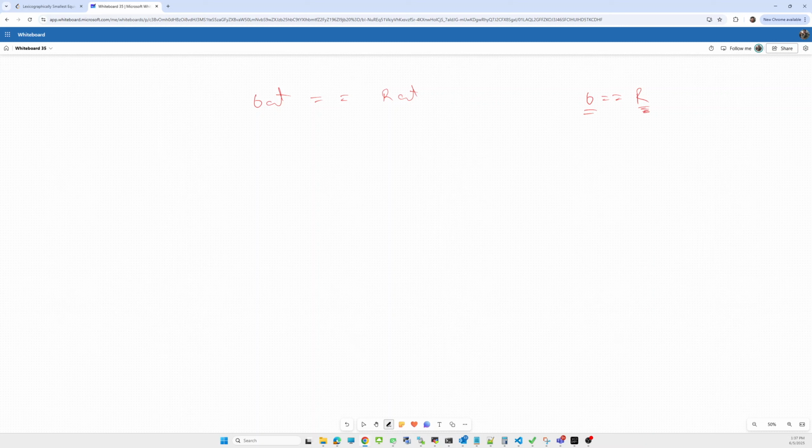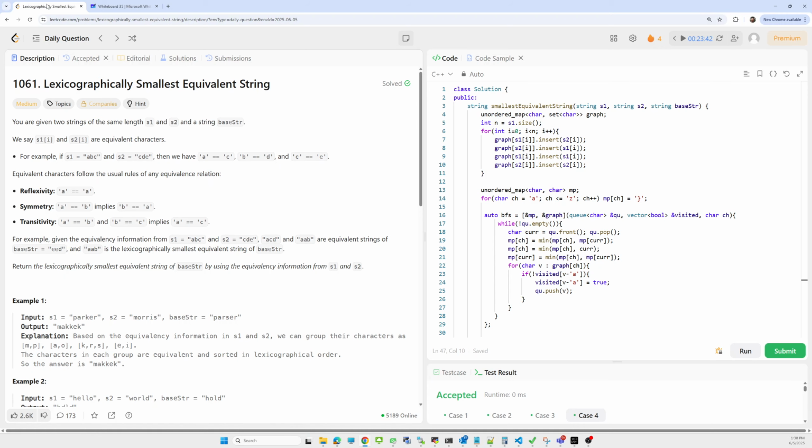Or we can say rat is equivalent to, let's say, rae, which is stating that t is equivalent to e.